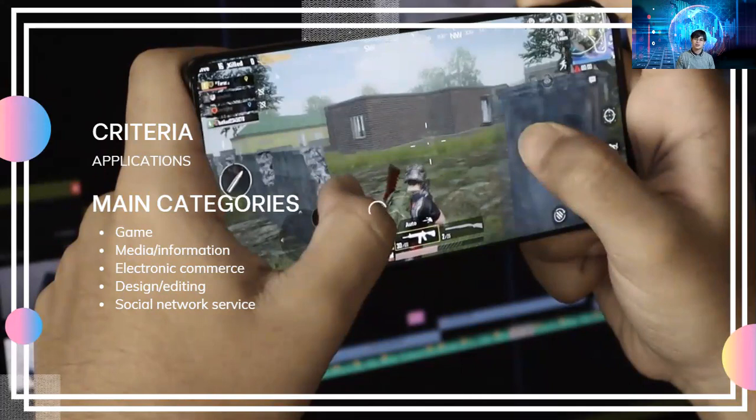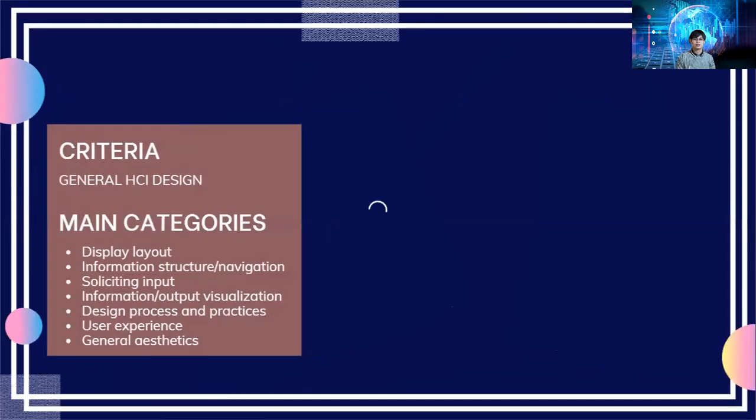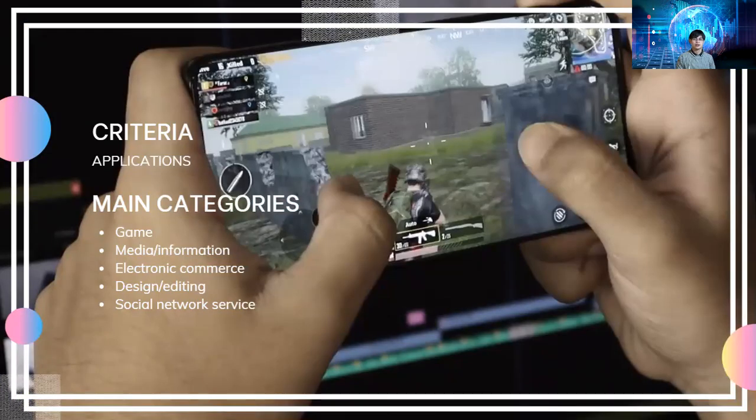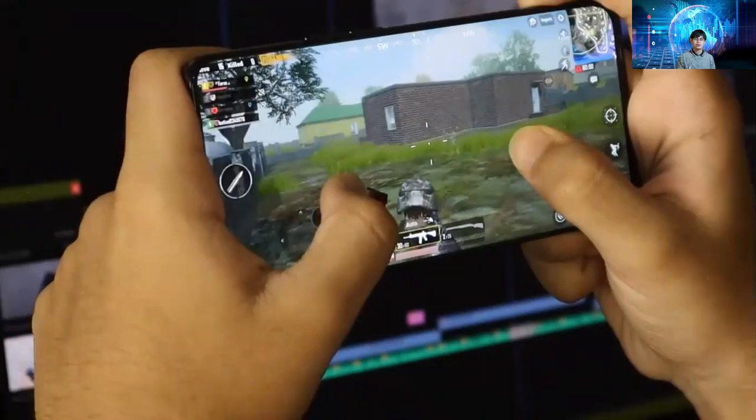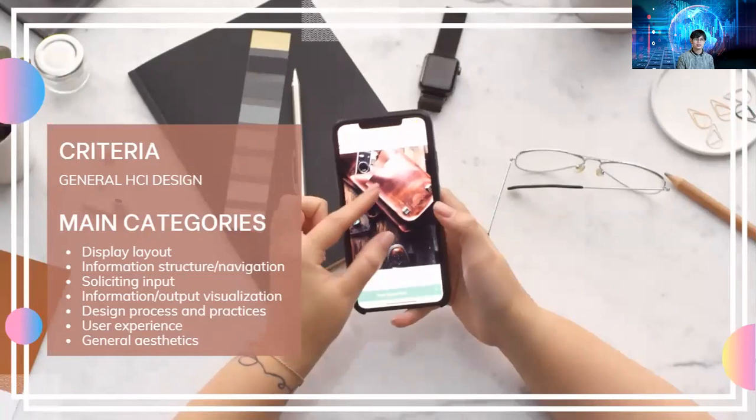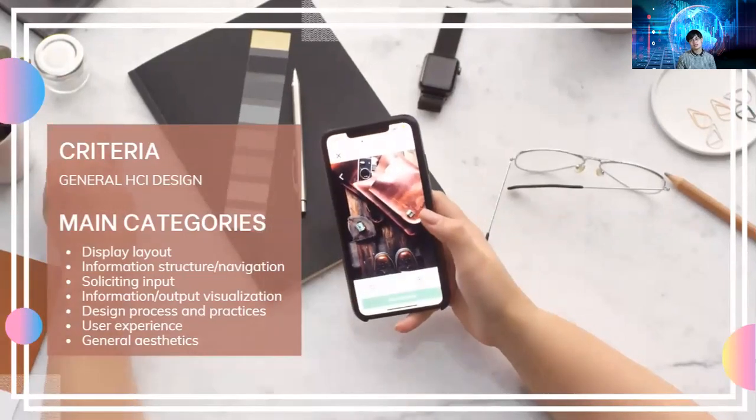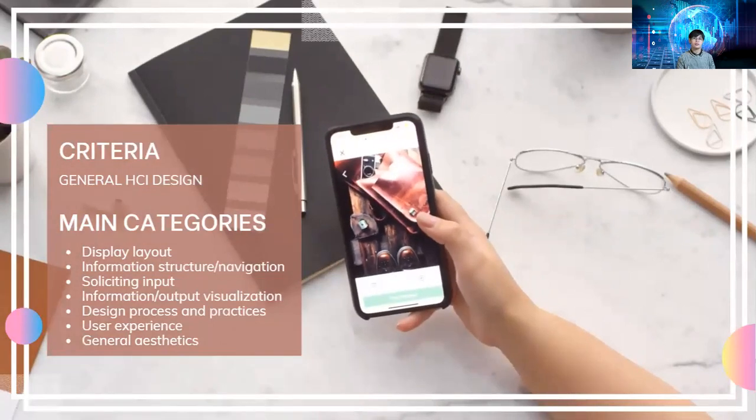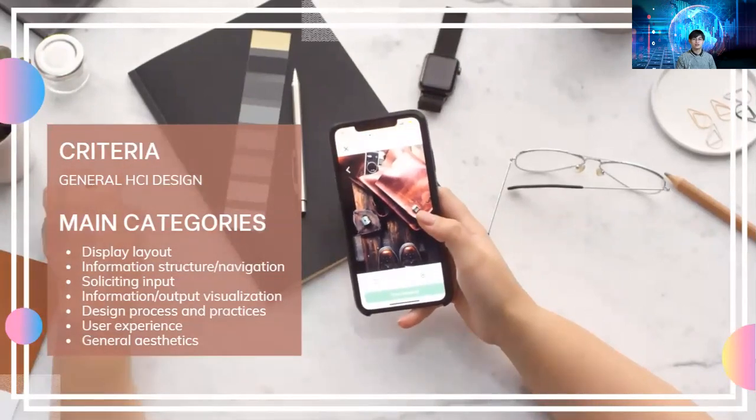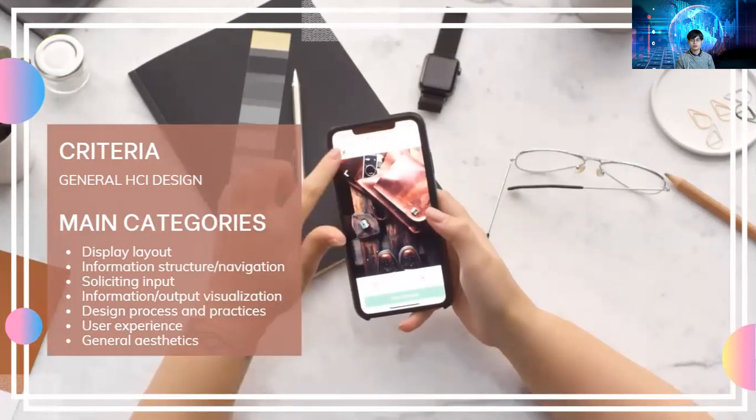Okay. So I think this is the last. No, this is second to the last. Okay, so after knowing the application, you must know this next criteria, the general HCI design. So general HCI design involves the display layout, the information structure and navigation, the soliciting input, and